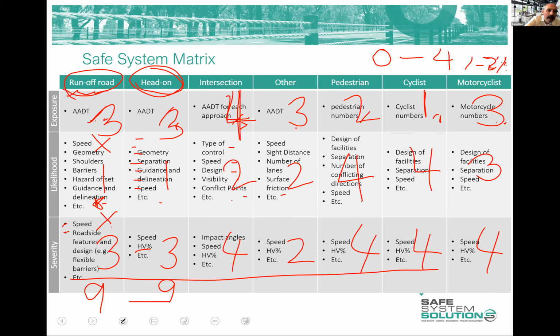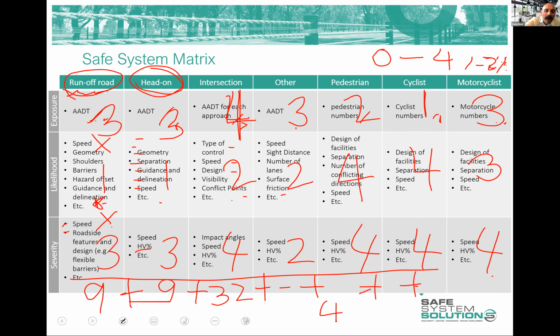So we got 9 there, and what did you get? 16, 32. 32 there. And so you're immediately starting to see how you can identify the crash types that are presenting you the most risk. So as I said, it's a risk assessment model methodology with a slight tweak. And then what you do is, you fill out all these numbers and then you add them. So you add up your scores along the bottom. And you get a final score